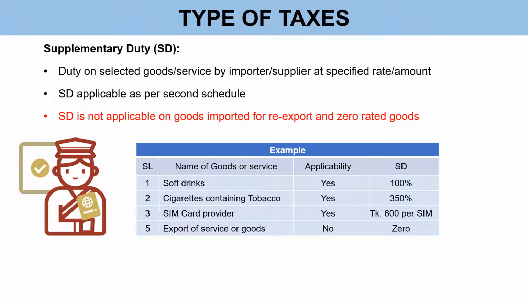As an example, for the following few goods or services, for example, soft drinks, SD rate is 100 taka. We'll see how to calculate the SD in another slide. Another example of fixed amount of SD